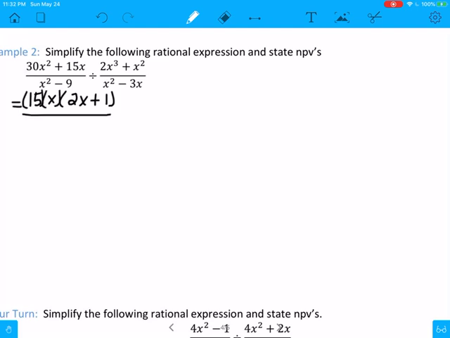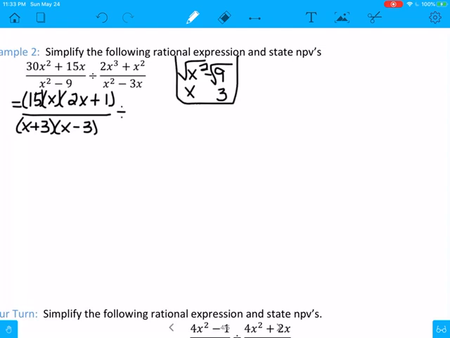The bottom is a difference of squares. So x squared minus 9 is a difference of squares. If I take the square root of x squared, I get x. If I take the square root of 9, I get 3. So I'm going to get x plus 3, x minus 3, divided by